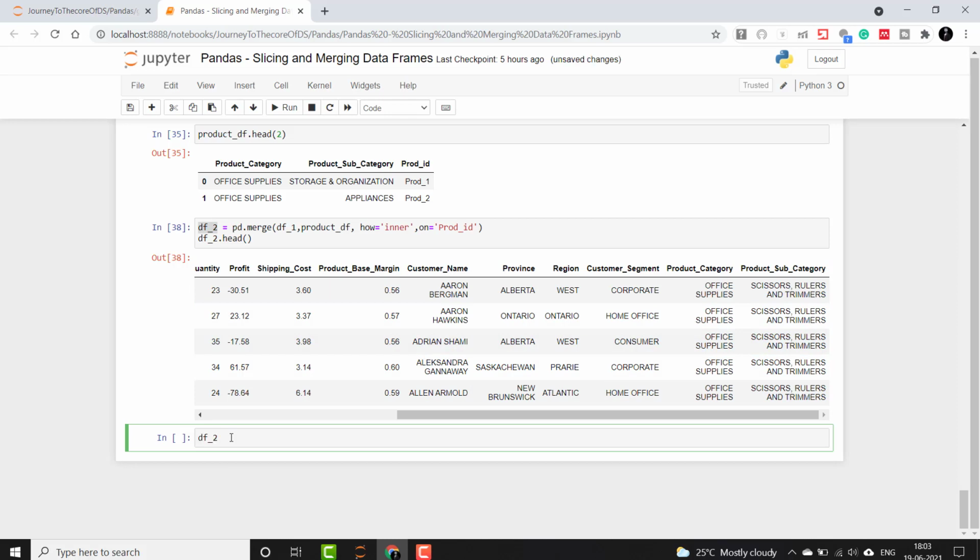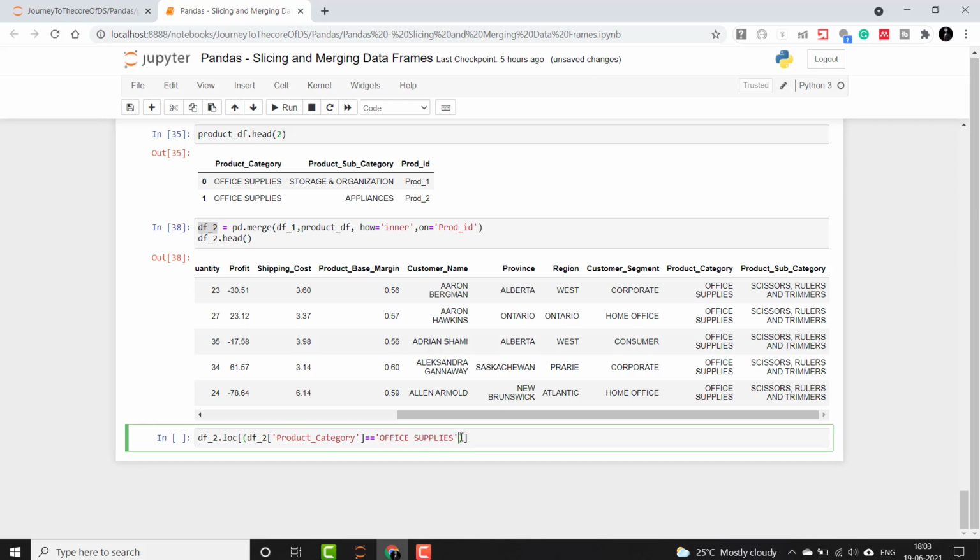So we'll use this merged df, which is df_2, and then I will say .loc, and I will specify the conditions here. So df_2, product category double equals to office supplies. I will select this.